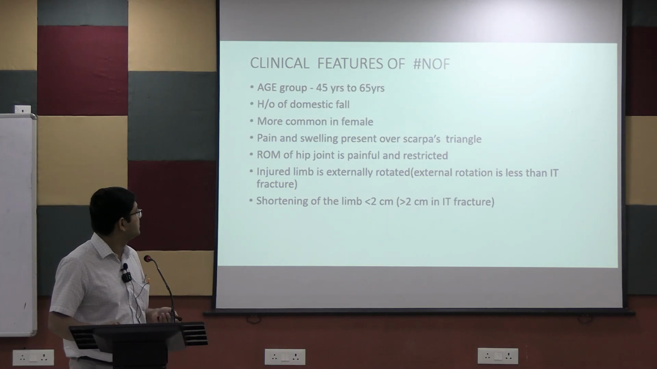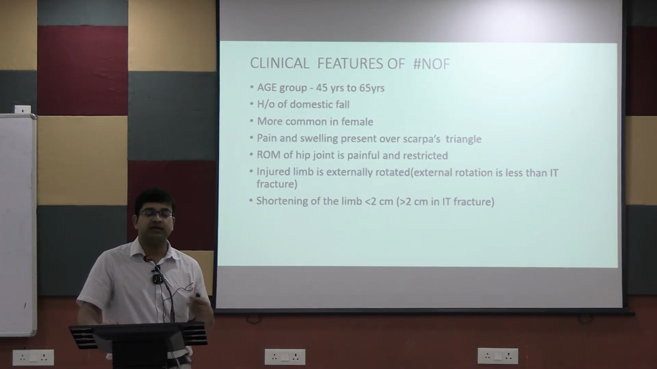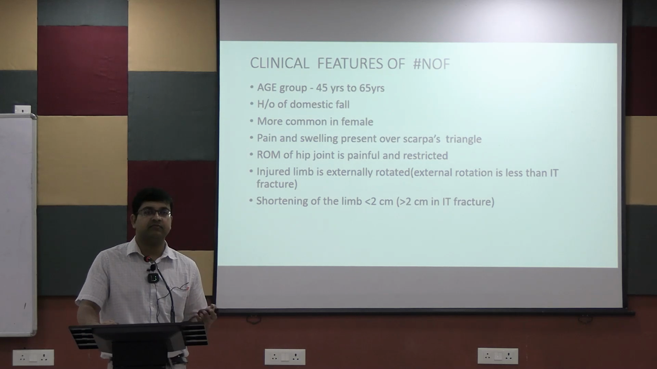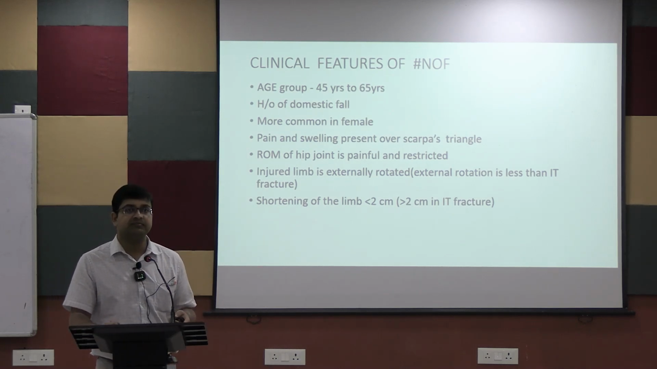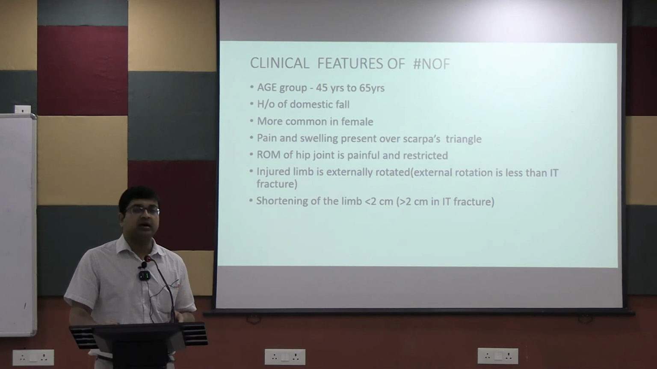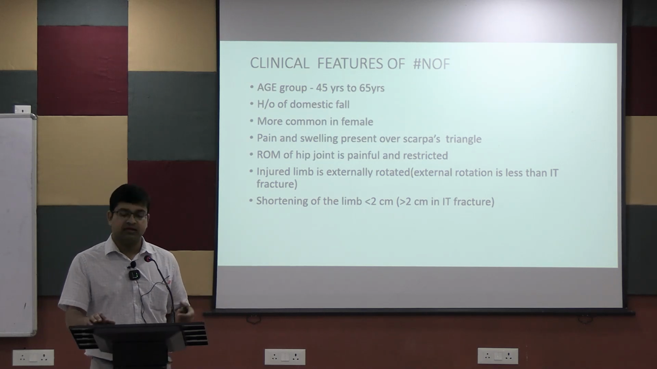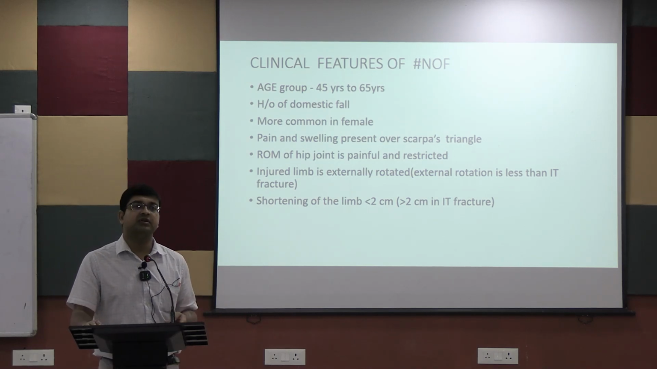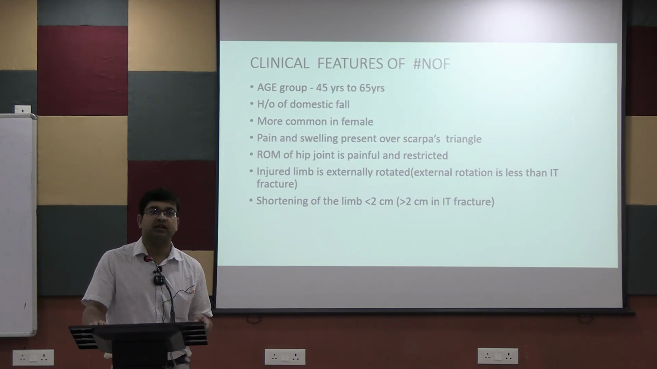And next is the history of domestic fall. Usually neck of femur fractures occur in trivial trauma like fall from bed, what I said, but if it occurs in a younger population, it is due to high velocity trauma like road traffic accident. Okay, and it occurs in the elder population because it directly depends upon the quality of the bone. If a patient is osteoporotic, he or she has more chance to develop neck of femur fracture after a trivial